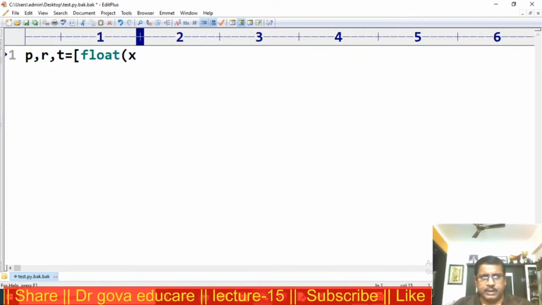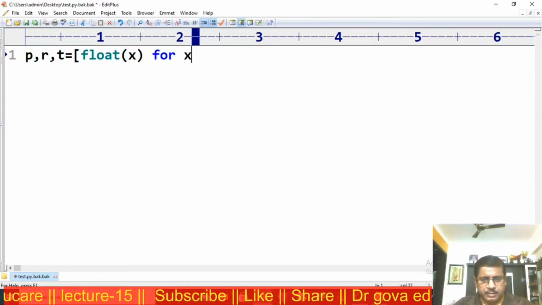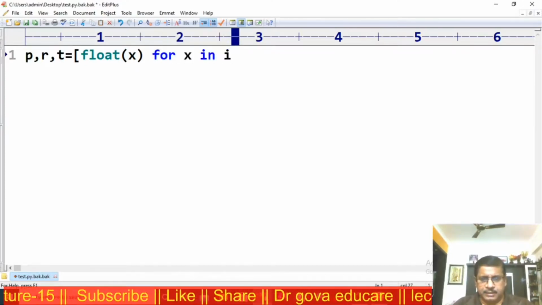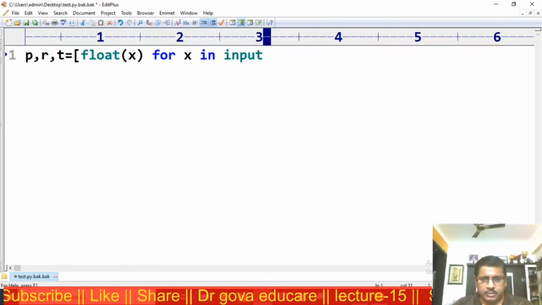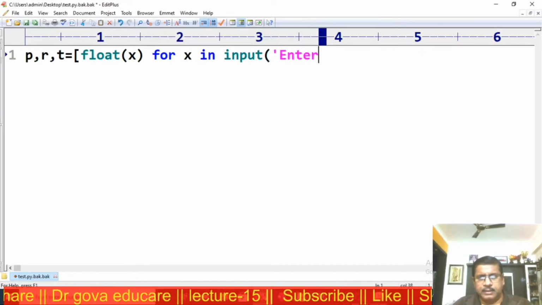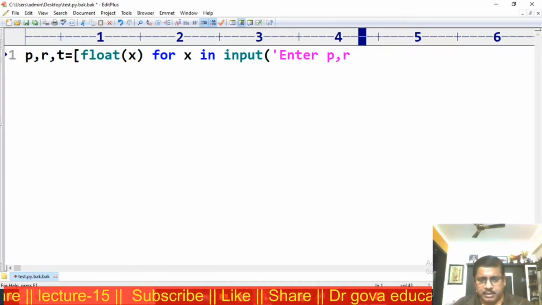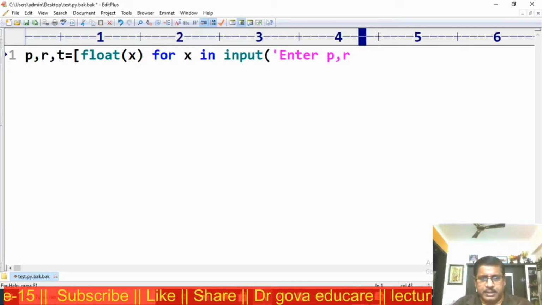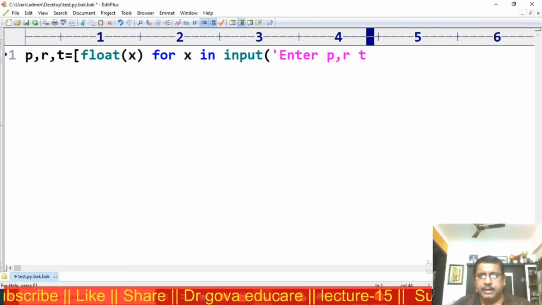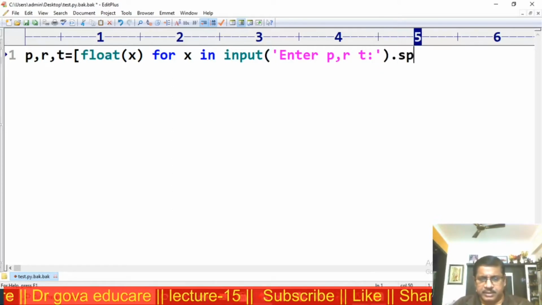Float of x for x in input, enter p, r, t, dot split.